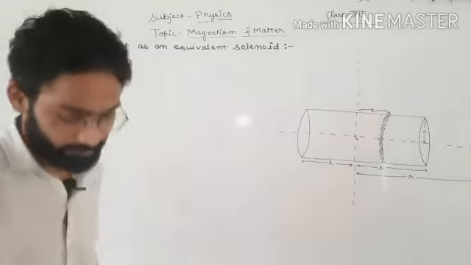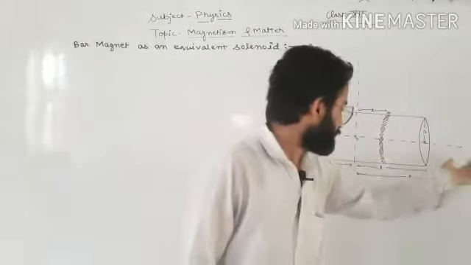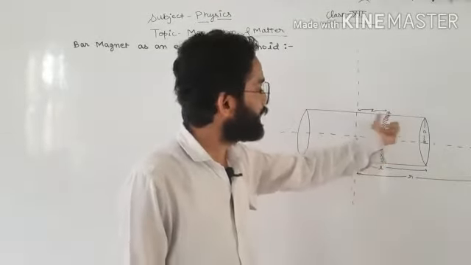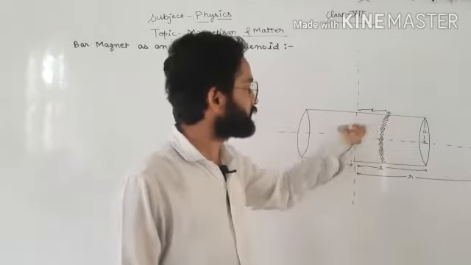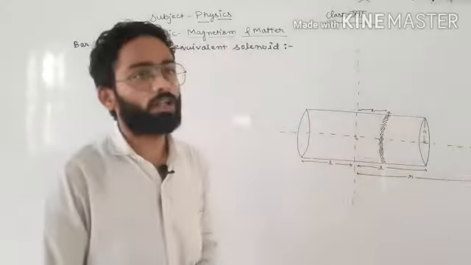Now for proving this, we are just taking a solenoid here and a point P which is at a small r distance from the mean point. Let us take a small element dx which is a small x distance from the mean point, and the radius of this solenoid is small a.